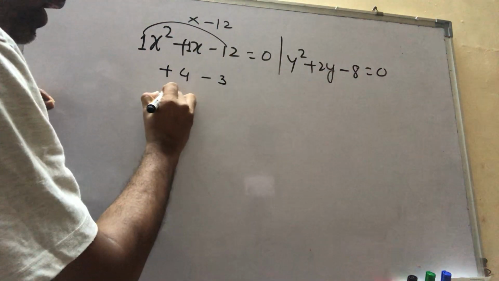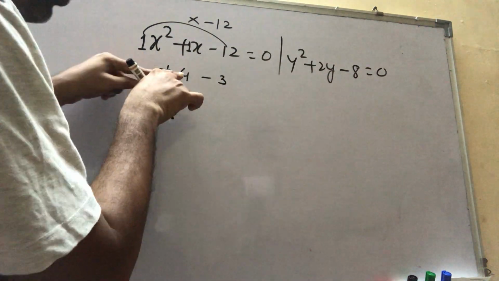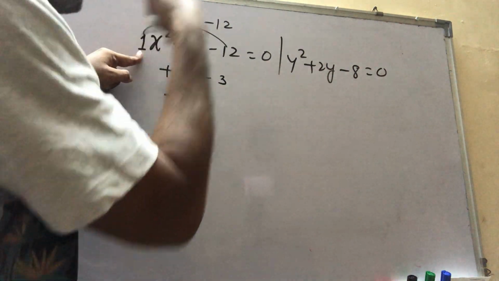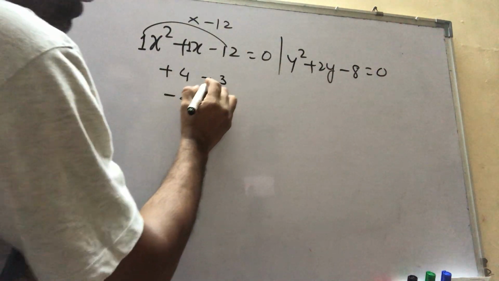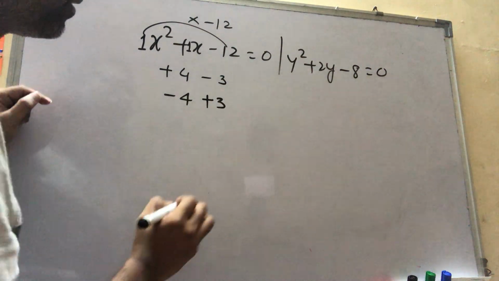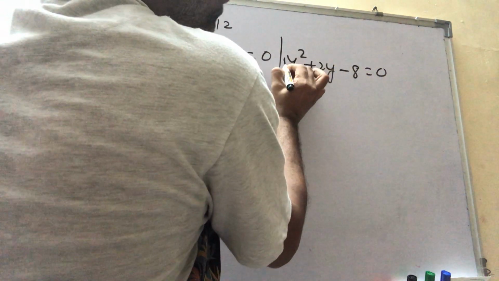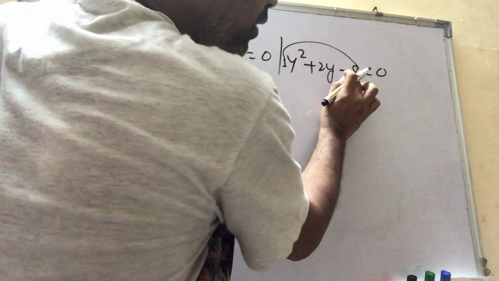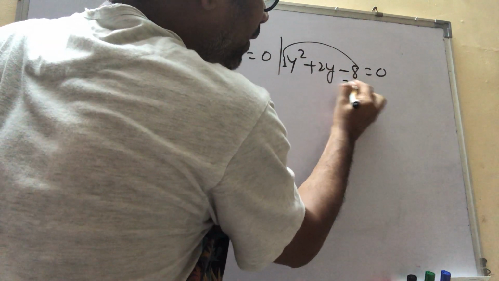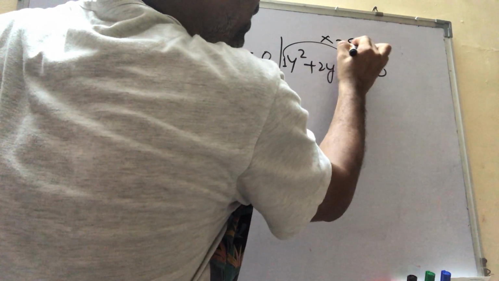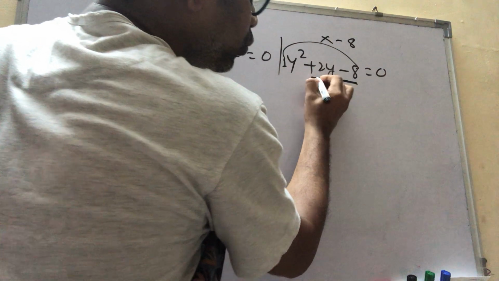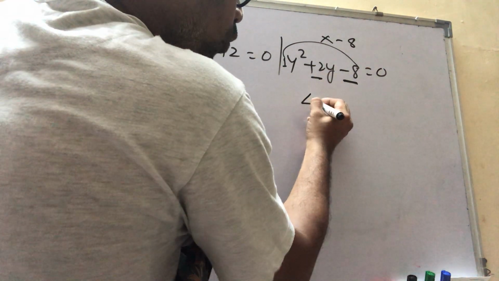When you take it across, minus 4. See, no need to divide because here we have a 1. Other than 1, we would have divided. Minus 4 and then plus 3. And here nothing means 1 is there. So 1 into 8, this is not only 8, this is minus 8. So multiplication minus 8 and addition plus 2. So the factors, 4 twos are 8. So 4 twos are...